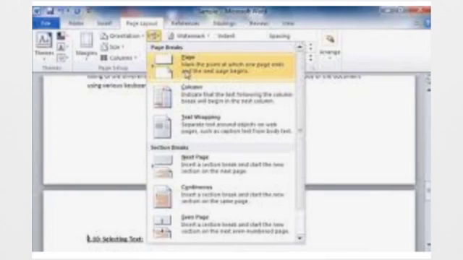You can also break the page using a shortcut key, that is Ctrl plus Enter. You can press Ctrl Enter to insert a page. Before inserting a page break, you need to keep the cursor properly. Clear? Make sure your cursor is on a blank place, so that when you click on the page break option, it will directly go to the next page without any text. If the cursor is located near any text of the first page, it will take that complete text also to the next page. Clear?